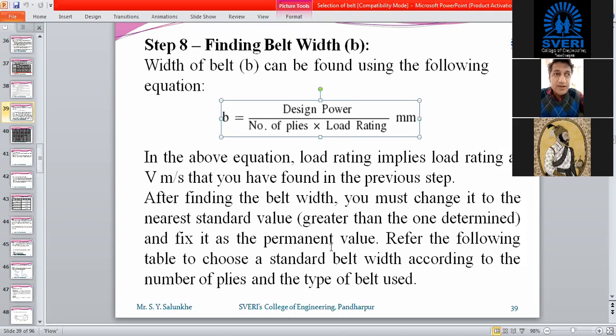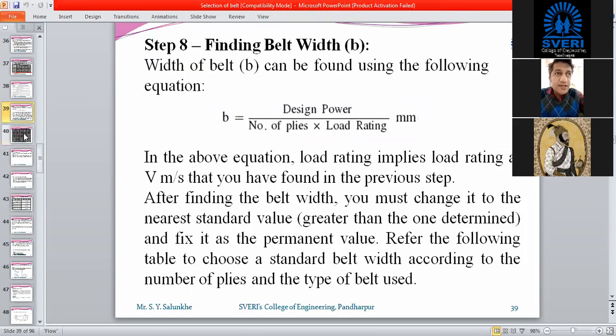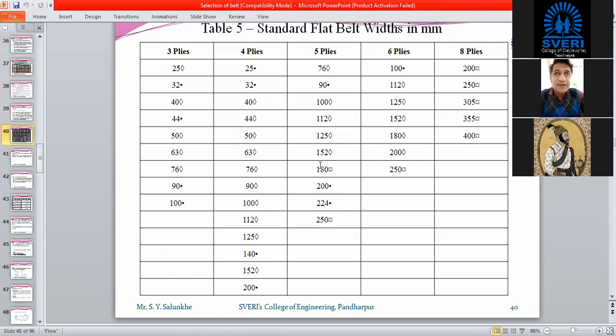Once you have calculated this width of belt, then we have to select a standard width. Now suppose the width which you have calculated is 23.5 millimeter. Then we are not going to take a belt of 23.5 millimeter, because that is not a standard value. It is a fractional value, and belts are not manufactured in fractional values.